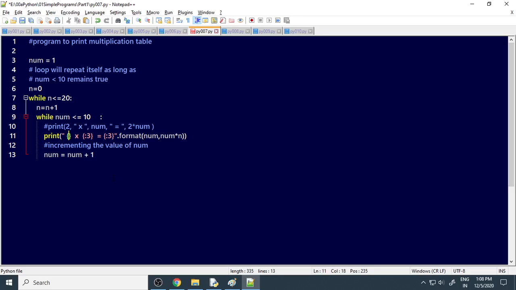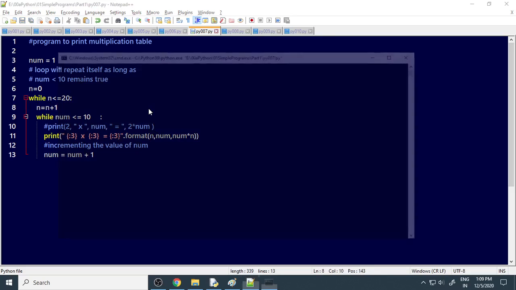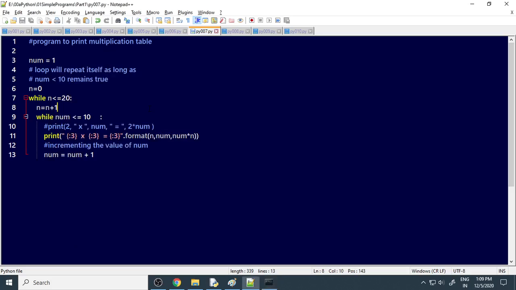And okay, 3 only, let's keep. So therefore this is n comma num. Then once it's reached 10, it closes, so it will go outside the loop. Fine. So let's run this. Continue.